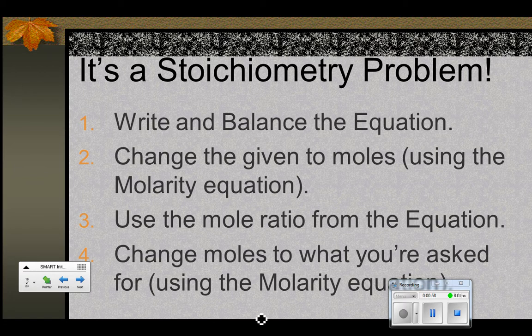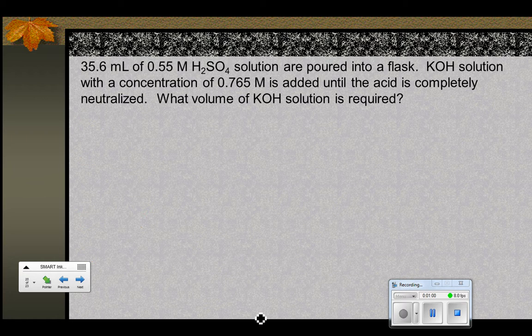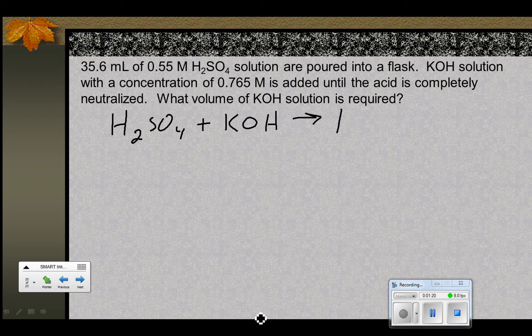All right, so let's go ahead and set this up. Here's the problem, and I've gone through and edited out some of this stuff that was unnecessary in it. So we are going to react H2SO4 with KOH. So it's a neutralization reaction. The products of a neutralization reaction are always water and a salt. The salt in this case, let's do the complete neutralization. It says completely neutralized, so that means that we're going to get